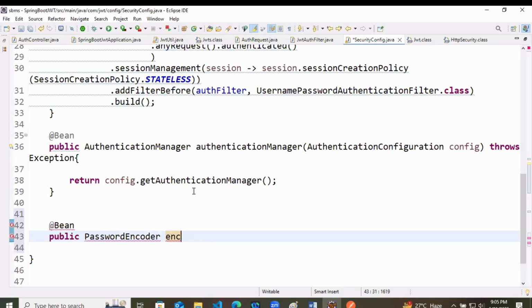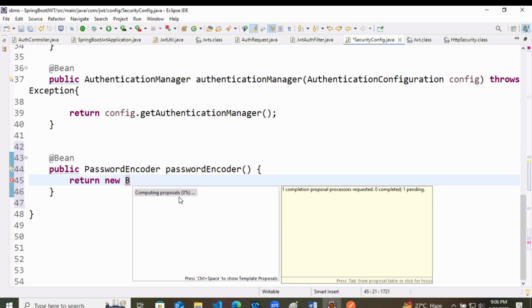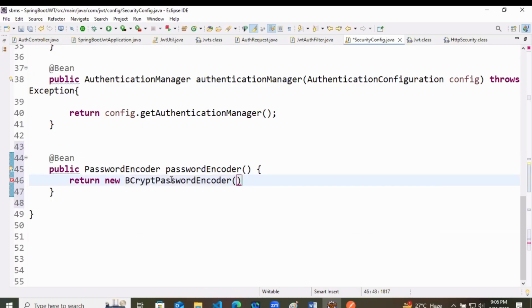So it should have a passwordEncoder method. Now, what we are doing, return new BCryptPasswordEncoder, and that's it. We are using the BCrypt password encoder.